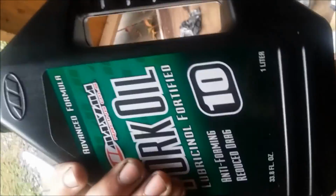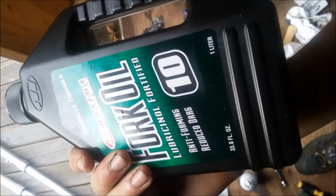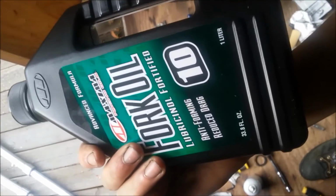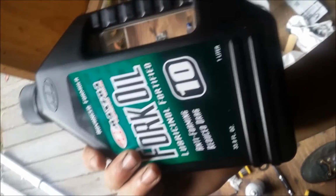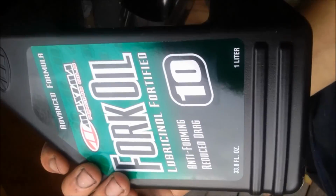So for the Suzuki Savage owners, the amount of oil you're going to put in each fork is going to be 14.9 milliliters. Sorry, no, not milliliters. 14.9 ounces, or 441 milliliters, I believe. So roughly half this bottle, but less. So half of 30 is 15, so